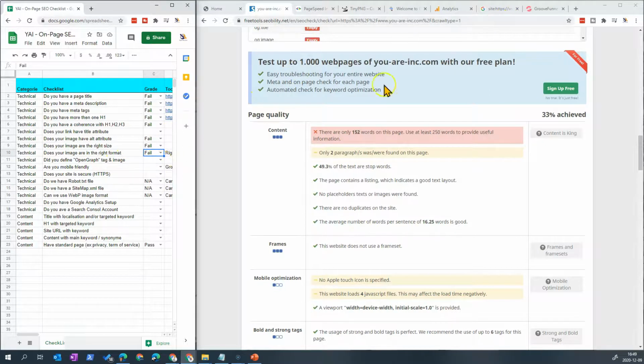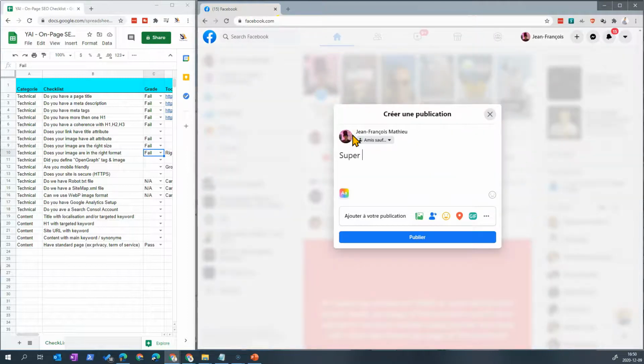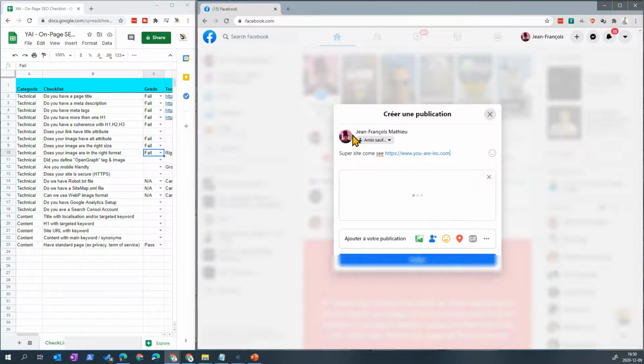Open Graph is what is used when we share a site. If I come here and, for example, click here, I want to say super site come see, I take https://rinc.com.